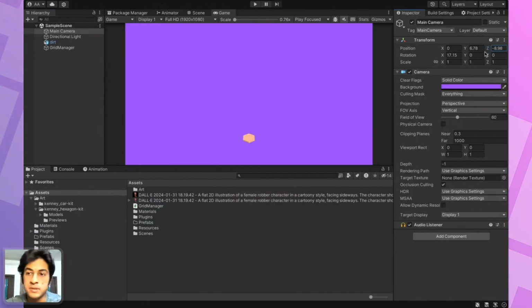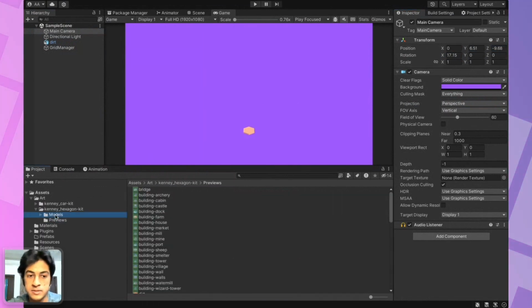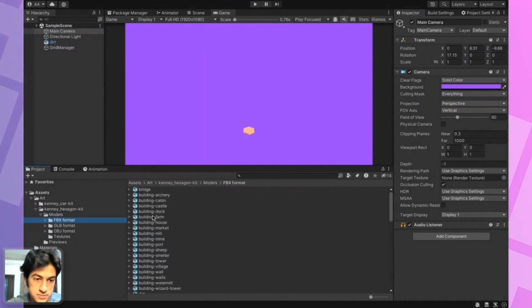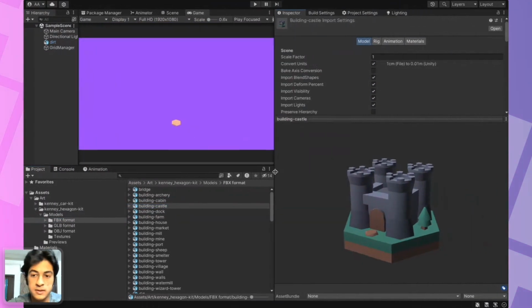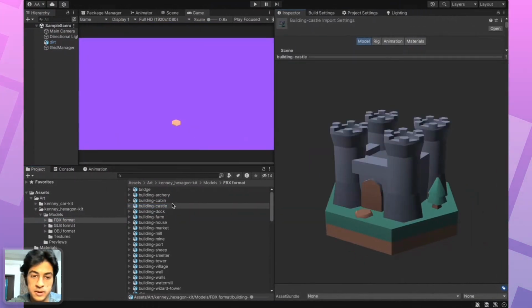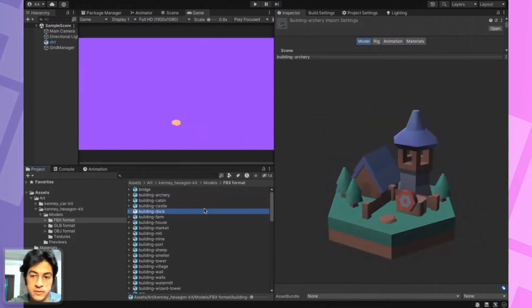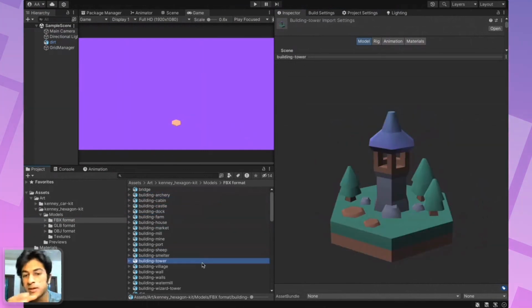We have a simple hexagon platform here, but what I also have is a lot more hexagon platforms. So we have a castle, you can see it right here. We have some dogs, some farms, archery, and a small kingdom.